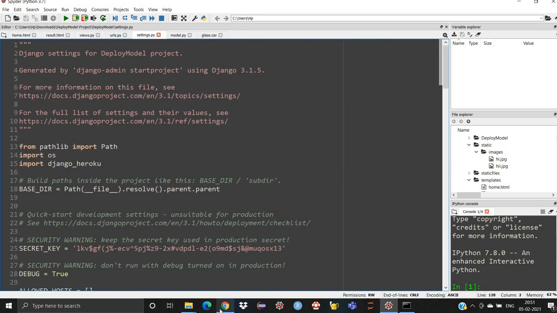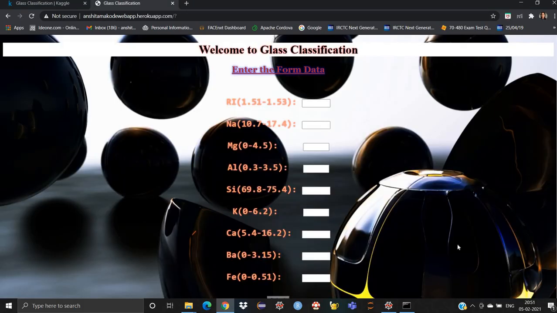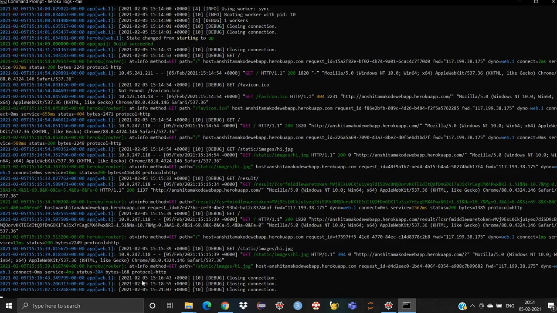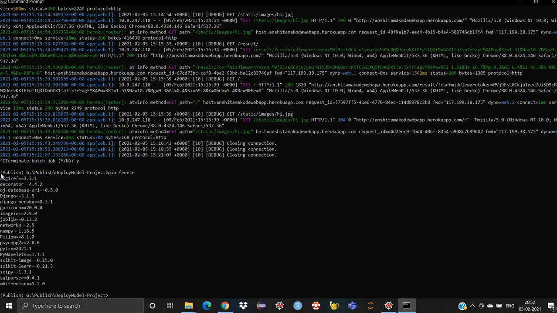So these are the instructions which you can follow to avoid any kind of Django-related error or any kind of Heroku deployment error. I'll show you that pip freeze thing. Let me show you pip freeze. It will take some time. Yeah, so these are my libraries which are inside my requirements.txt. To create your requirements.txt, you just need to run pip freeze, the greater-than symbol, and then requirements.txt. Make sure about the spelling, because you need to have the spelling exactly as it is, and just enter it.